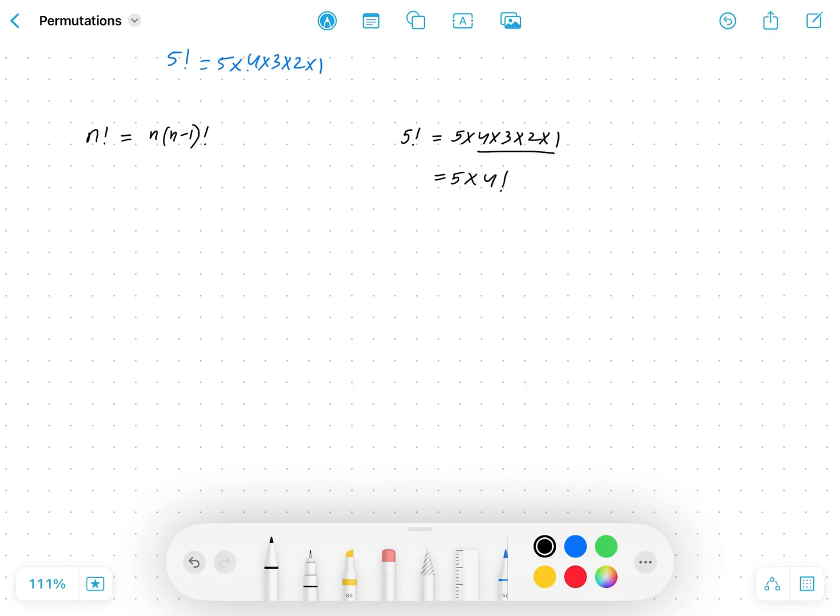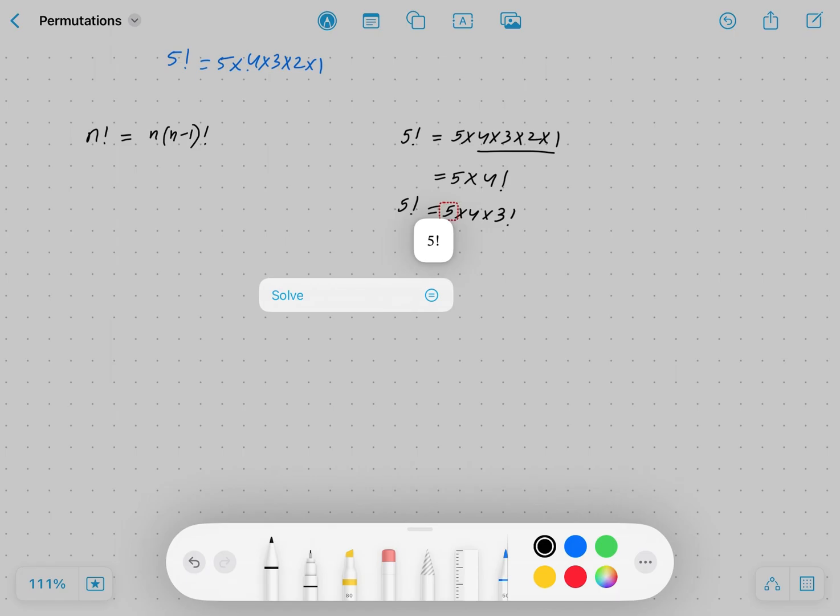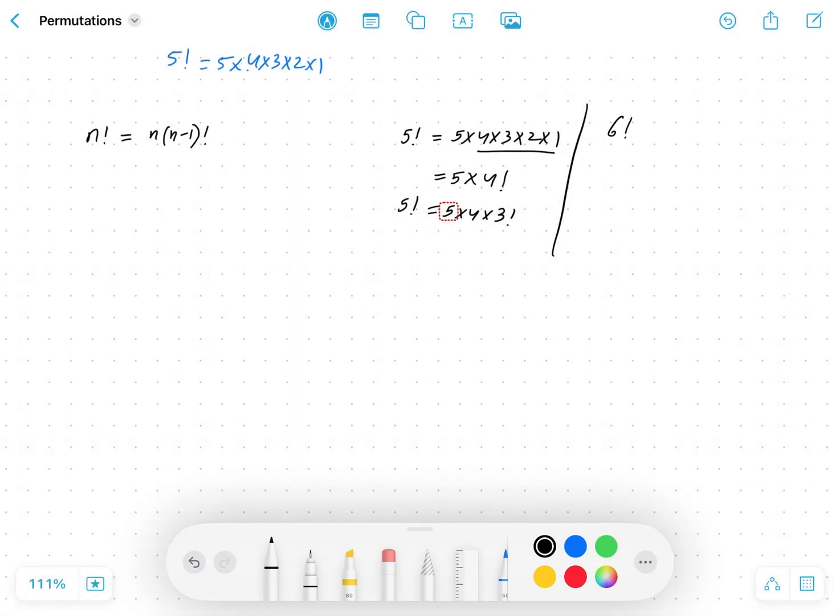So according to our calculation, we are going to change. For example, we can write this 5 factorial as 5 into 4 into 3 factorial also. So for example, 6 factorial, we can write it as 6 into 5 factorial, or we can write it as 6 into 5 into 4 factorial. So wherever the calculation needs it, we are going to do it in that way only. Okay,